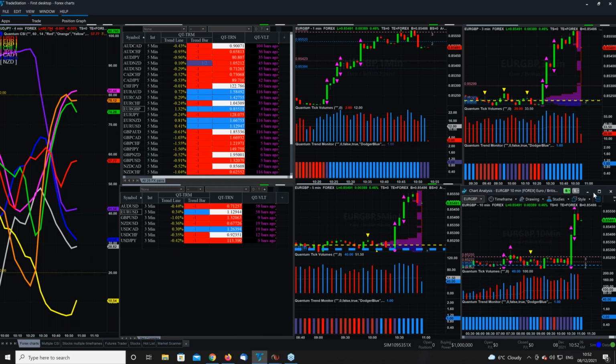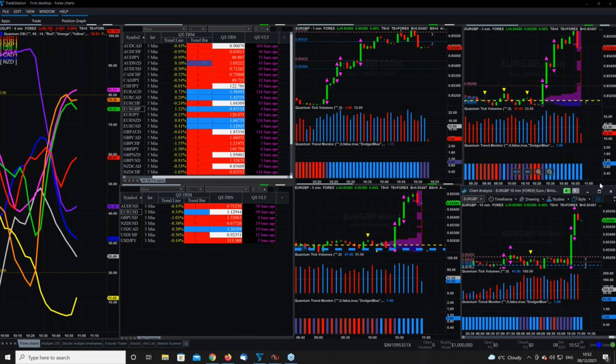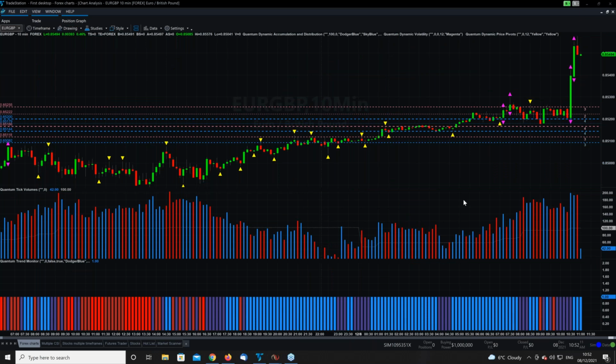Let's go down onto the 10-minute. Let's move the chat box out of the way of work again. Just pop that up full size. Here we go. See, these levels are less. You can see the little digits down here which tell you how many times that particular level has been tested.